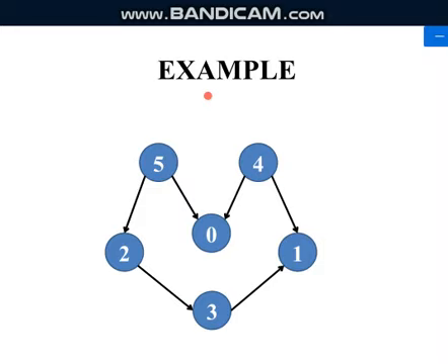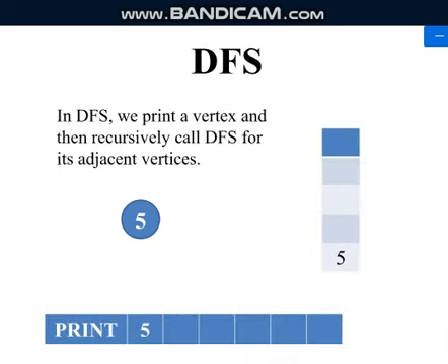So this is an example given. Now look at this. This is a directed graph, but is there any cycle in this graph? No, there is no cycle. From 5 you reach 2, 2 to 3, 3 to 1. From 1 you are not going to reach 4. So there is no cycle formed here, isn't it? From 5 you can reach 2 and 0. From 4 you can reach 0 and 1. So there is no cycle formed here. So yes, we can proceed with solving this problem.